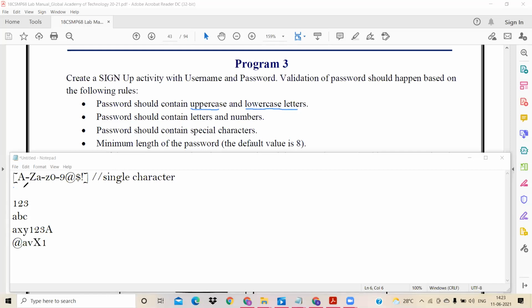But if you write the regular expression like this, it is not checking whether my password has at least one uppercase and at least one lowercase, at least one number, and at least one special character. All these constraints, it's not checking. What it is checking is whether I have a digit, that's valid. If I have a lowercase letter, it's valid. If I have an uppercase letter, it's valid. If I have a special character, it's valid. That's what it's checking, right?